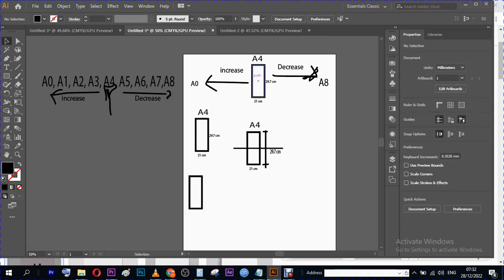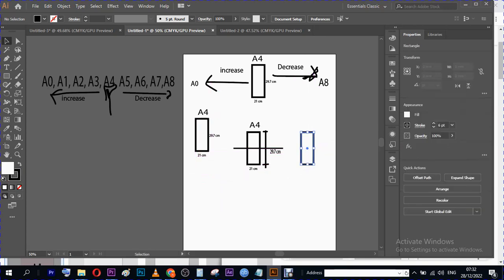So here I was showing you that A4 being the standard paper size, as you go from an A4 to an A8, the size goes on decreasing. If we are moving from an A4 to A0, the size goes on increasing. So this is our A4. If we divide an A4 into 2, meaning that we are going to be creating an A5,